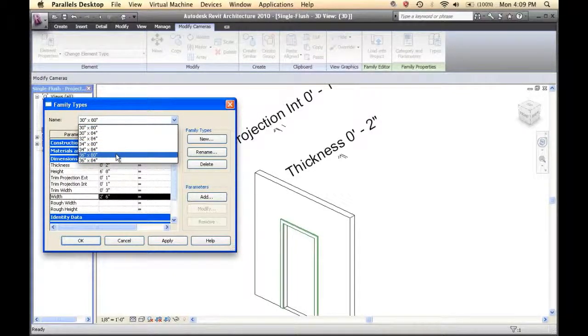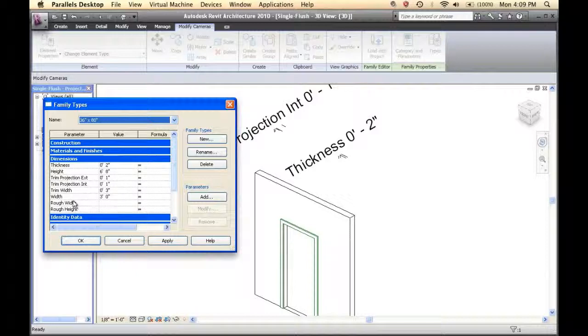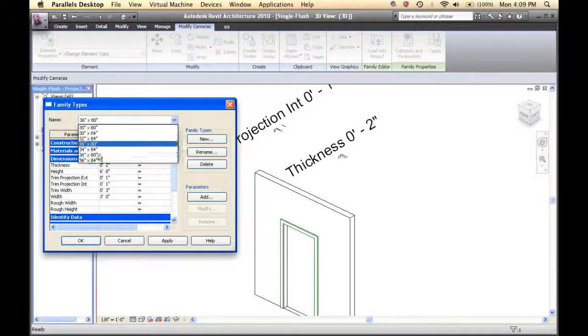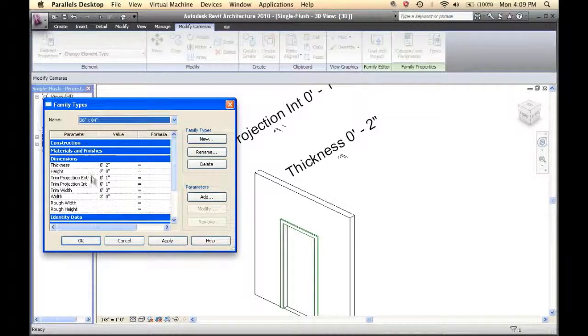So if I drop this down to 36 inches, what changed? We know that the 3-foot changed, right? The width, because it's now a 36-inch door. 80 inches, height, maybe, yeah, 6'8", there we go. So let's change it to the 36 by 84 inch, and now we've got 3 feet by 7 feet, okay? So those of you that are in metric, I apologize. I'm not that quick on conversion, otherwise I'd give you the centimeter